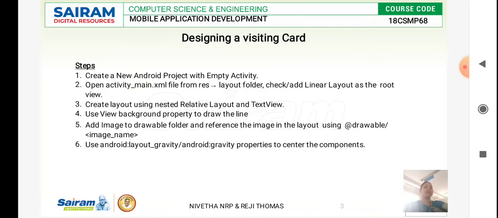Go to that. In that you will be having a layout folder, and you will be changing the code based on your application, and this is the main thing where your program gets converted into executable form, followed by a manifest file, where you'll be declaring all the components that you're going to use in your program, so that the components will be considered by your OS.